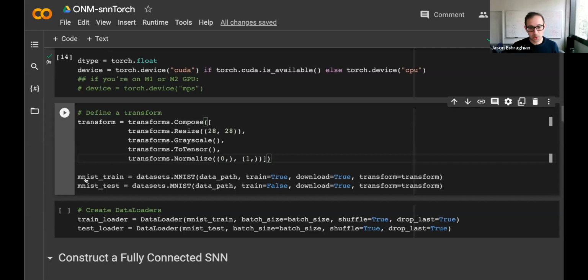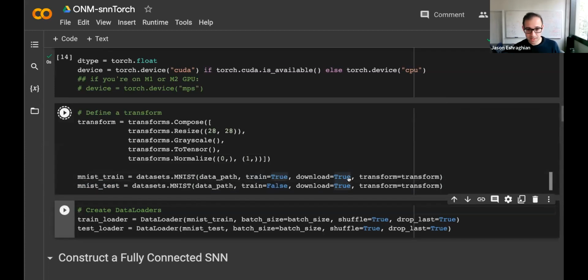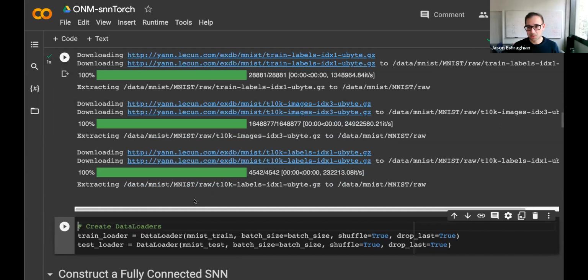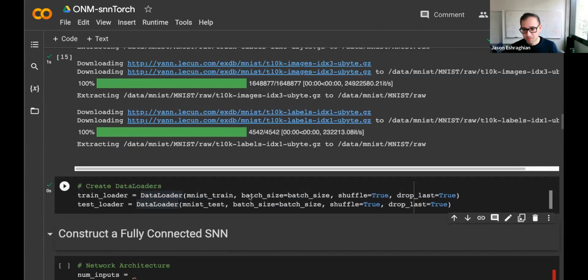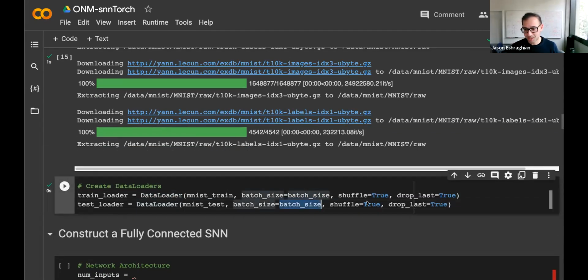Then we load the MNIST train set. We load the MNIST test set. Train equals true, train equals false, and shift enter. That runs, downloads very, very quickly, very nice. And we put those sets into data loaders so that we can do this whole parallelization and load data in neat little batches. Feel free to pay closer attention to these arguments on your own time. We shuffle the data set. And because we're dividing data sets of 60,000 by 128, if you so wish, you can drop the leftovers. It doesn't matter too much, to be honest.